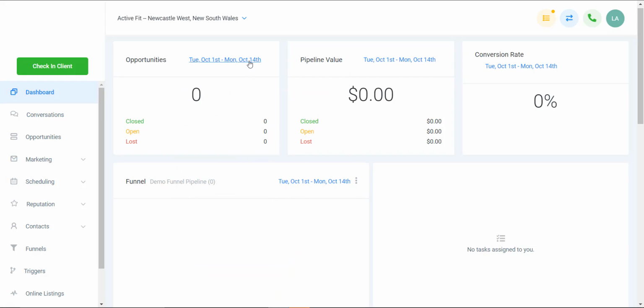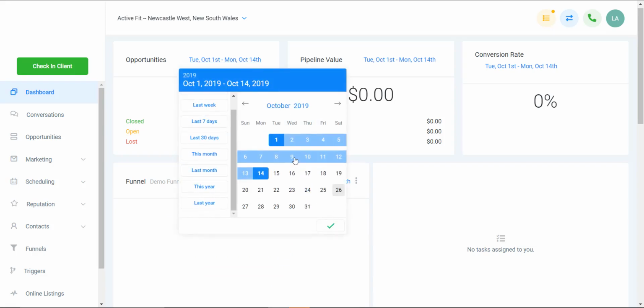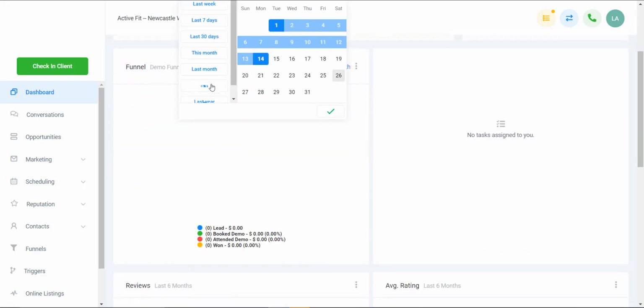Now in this case, this is basically showing that I haven't had any leads come into the system in that period. So what that does is it shows you any leads that were entered into the system within that period, right? So I'm going to put this back to, whoops,